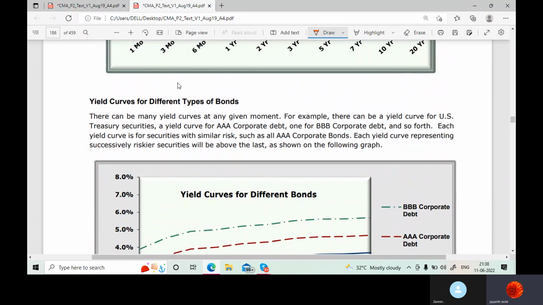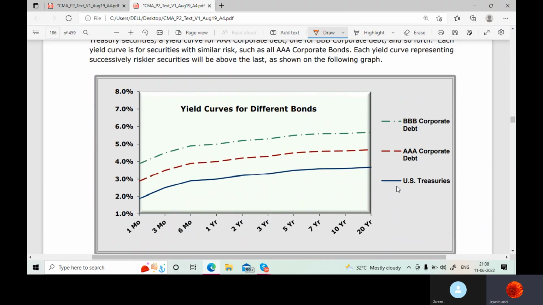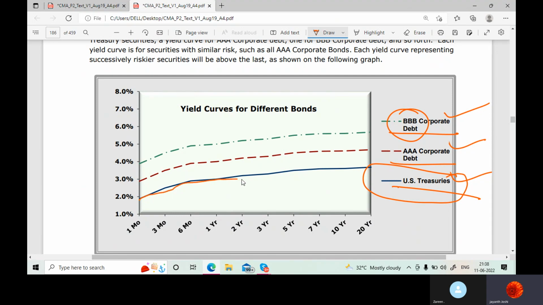And here now are yield curves for different types of bonds. You see there are different bonds here. One is Treasury, one is AAA, one is BBB. This is the most risky one because of less ratings, somewhat less risky because of somewhat higher ratings than BBB, but somewhat lower ratings than US Treasury. But this is the most secured one in the world, the US Treasury, and since it's the most secured one, there is very little risk, so it gives less returns, and the yield curve will start from here, but it will be upward